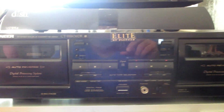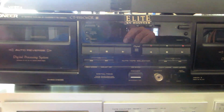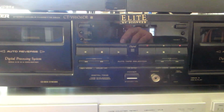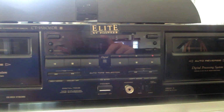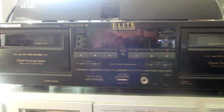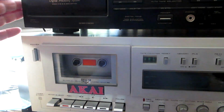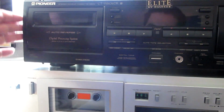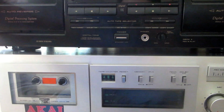And on this side, this is the first cassette deck I bought, in 1996, '97, something like that. At the end of '96, I think I bought this one. This one sounds very good. This is the only double deck player I have, because I don't like double decks. I think single decks in one direction are much better. But this one, the sound quality is very good, and I like this one because